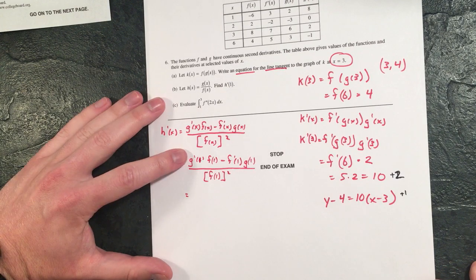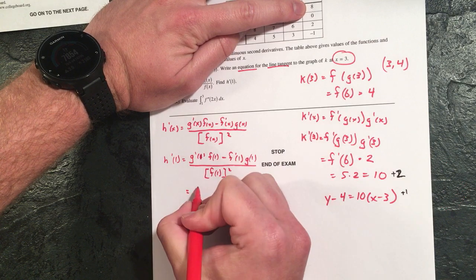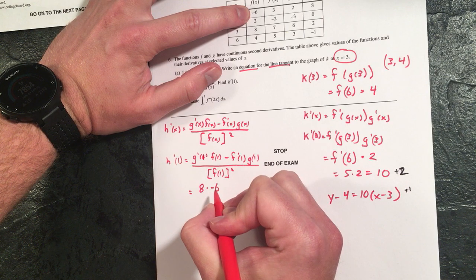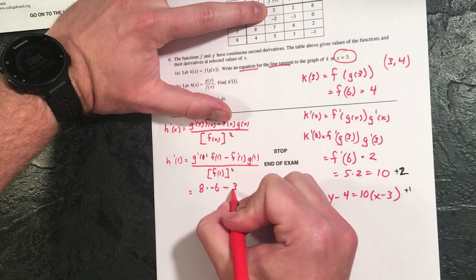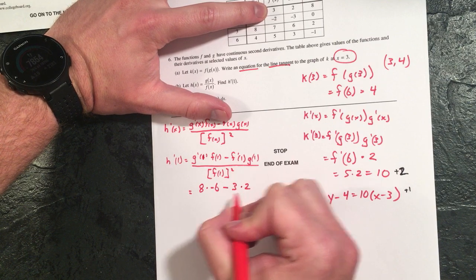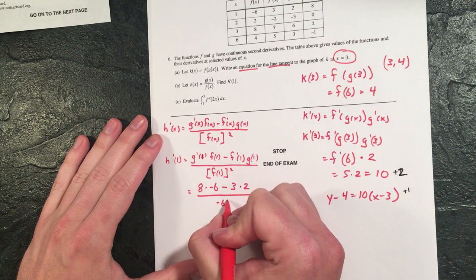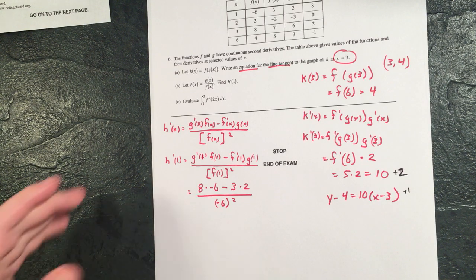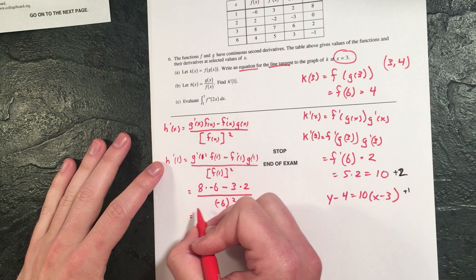Okay, g prime of 1, so we're just sticking in the 1 column here. That's 8 times f of 1, it's negative 6, minus f prime of 1 is 3, and then g of 1 is 2, all over f of 1 squared. So that's negative 6 squared. Yet again, you can't leave your answers like this. They want it in like the smallest form possible. So 8 times negative 6, that's getting us